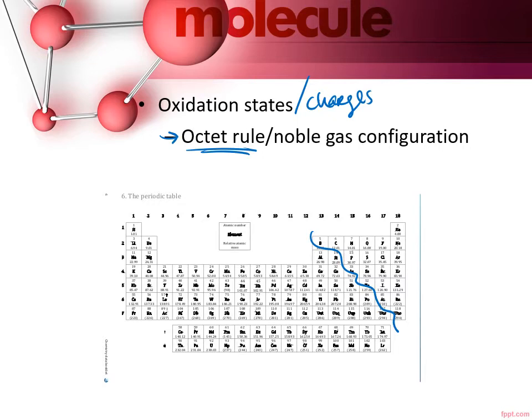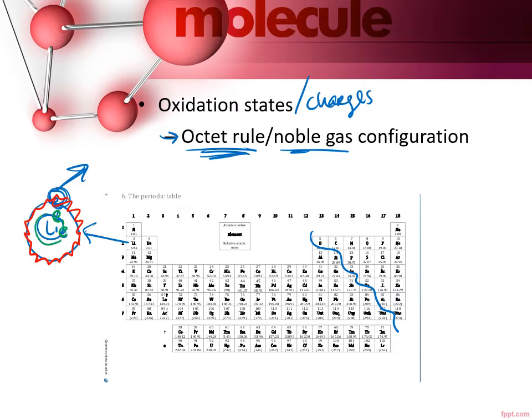So we're talking about how these atoms can get to be more stable by matching an octet rule or a noble gas configuration. So if I'm looking at lithium, lithium has 2 electrons in the first energy level, and then it's got that one sad little valence electron way out there all by itself. If lithium can get rid of that one electron through oxidation, lose electrons, oxidation, now this whole energy level is kind of gone, and our valence energy level is now this one, energy level number 1, that has 2 electrons, and this is a